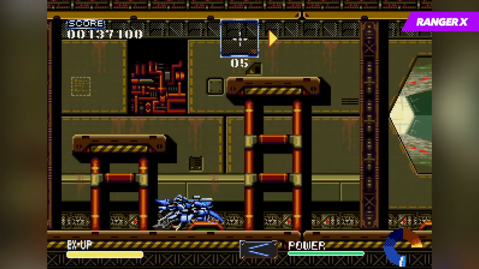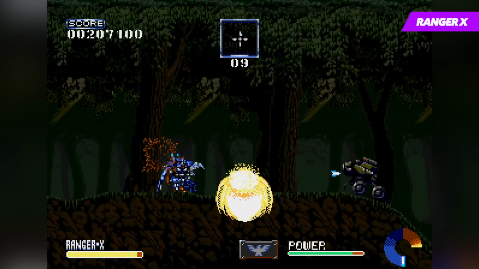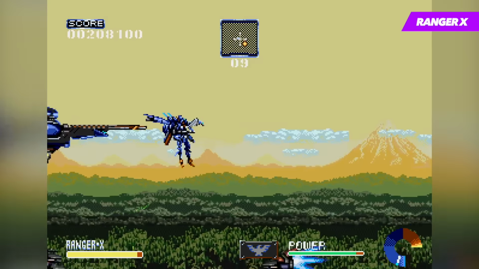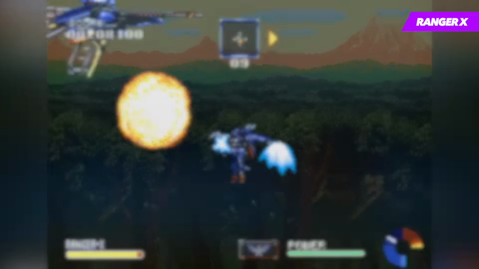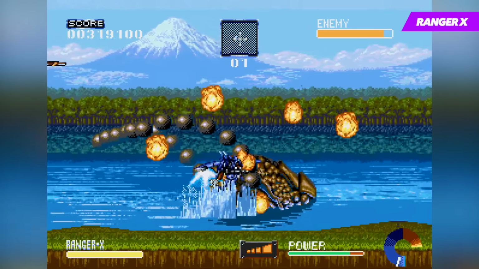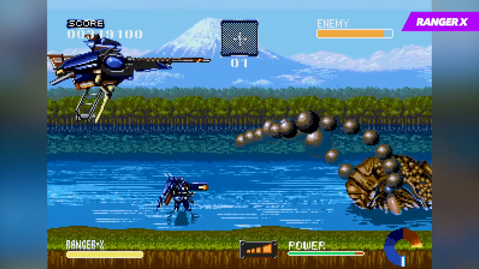Using these special weapons though comes at a price, as at the bottom right of the screen is a power bar that depletes when you use these weapons, so saving them for the right moment instead of wasting them is essential to make your way through some of the more challenging moments in the game, like the several boss battles